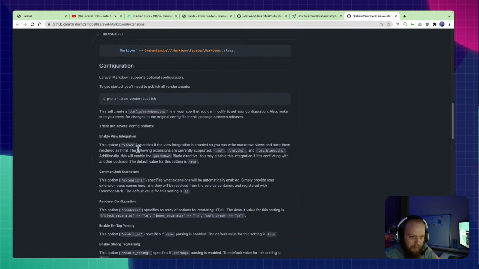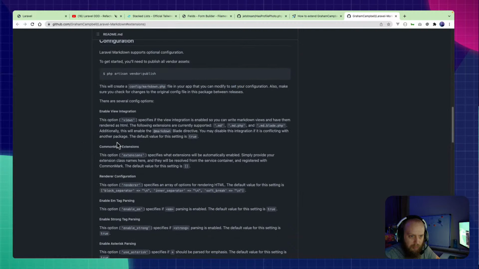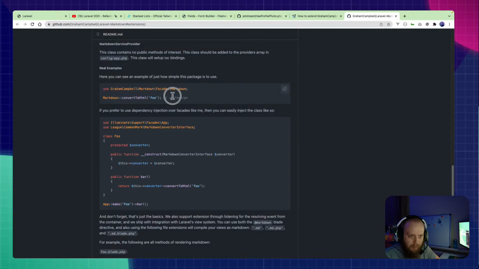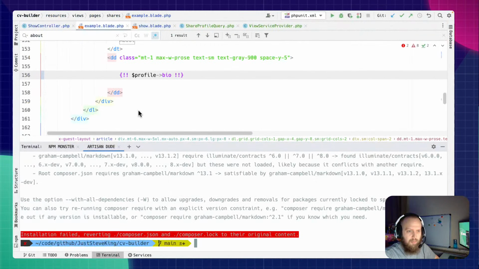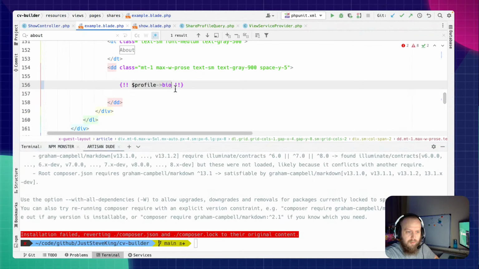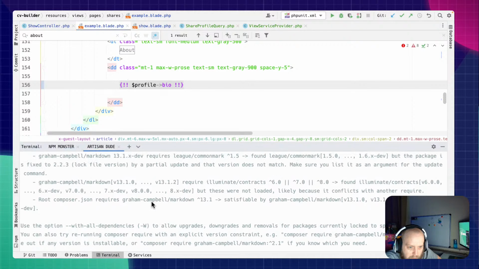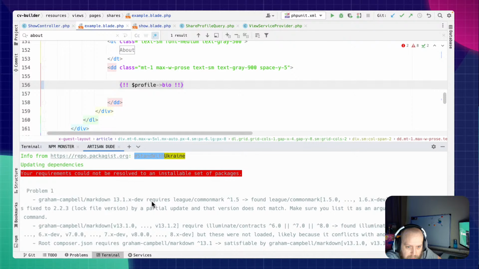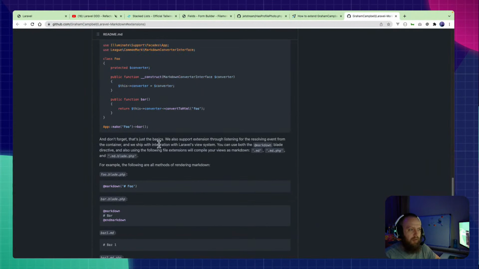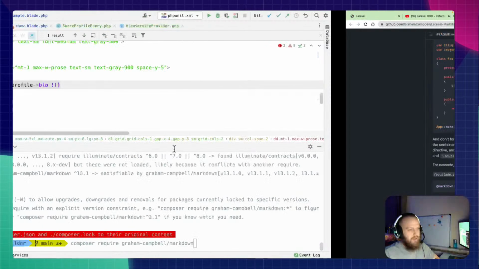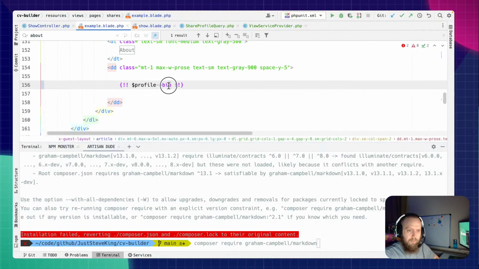Alias, facade, configuration. Usage, you can use a facade, otherwise you can do that and just say at markdown stuff. Oh wait a minute. Limit contracts. Okay, it has not been updated, so probably not the best one. It's got a markdown directive already. So I can ignore that and just say something like